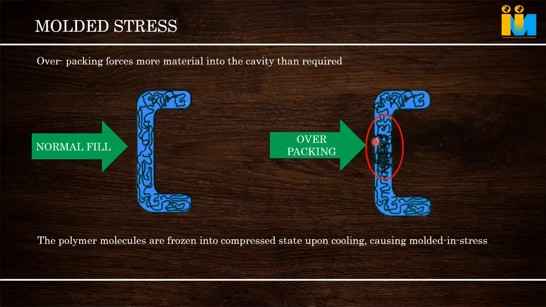The molecules try to open out every time. They exert a pressure to open out, and when the part is in service, the gate area is very prone to molded-in stress cracking, because the gate area is very difficult to control. Other areas are very easy. In the gate area, excess pressure automatically comes due to injection. So if the gate is not properly designed, this area cracks very easily. So it is better to relocate the gate area away.